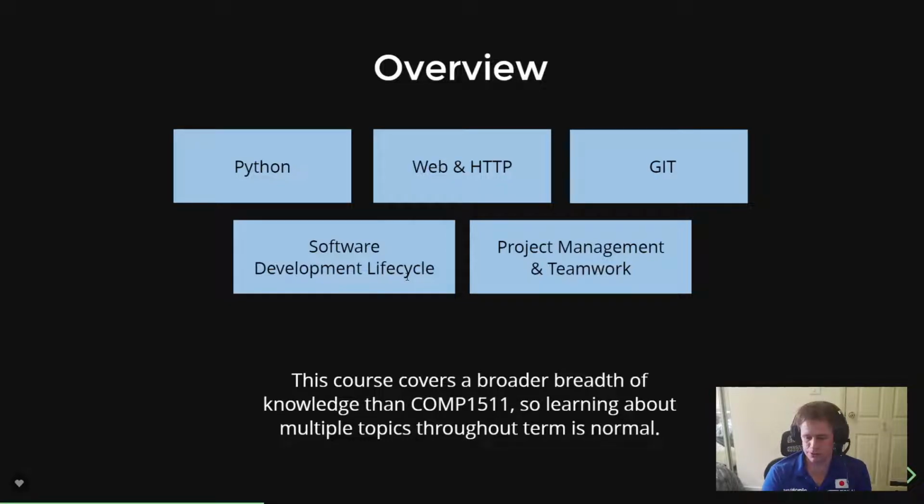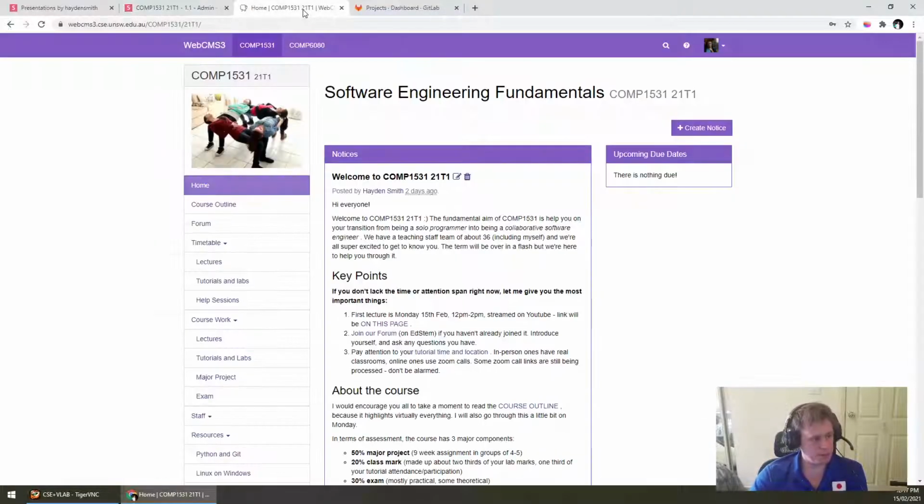And Catherine's asked, what do we use Discord for? Well, we don't use it in this course at all. The main thing I've shared about it on WebCMS3 is that Discord is a chat run by CSESOC. CSESOC are your student-led, student-run organization that do a whole bunch of stuff for you. They're not staff members of UNSW per se, and they just have a community Discord where lots of students like to interact.